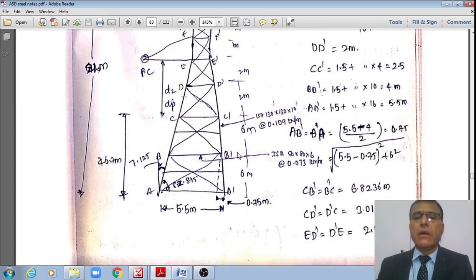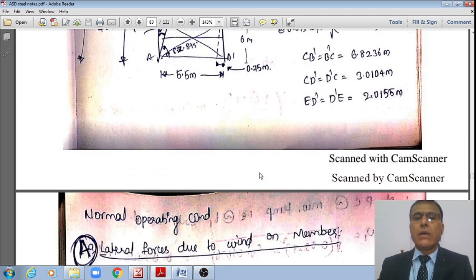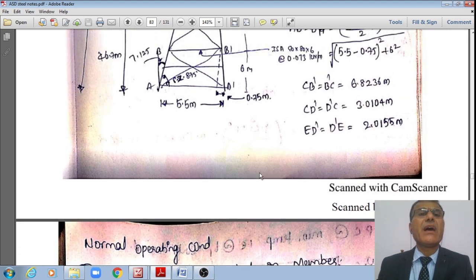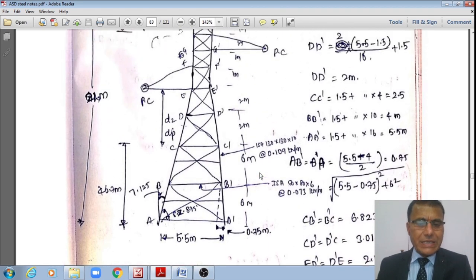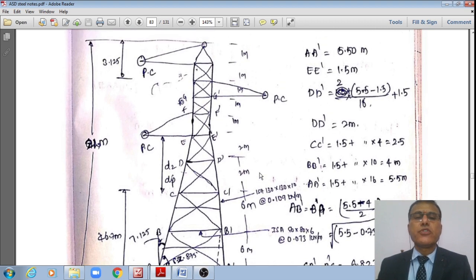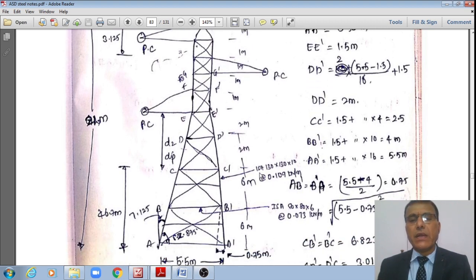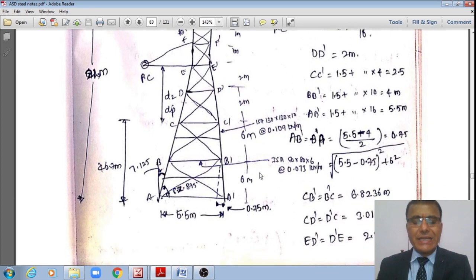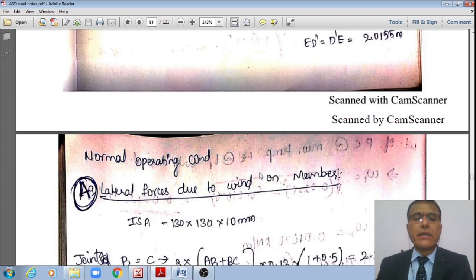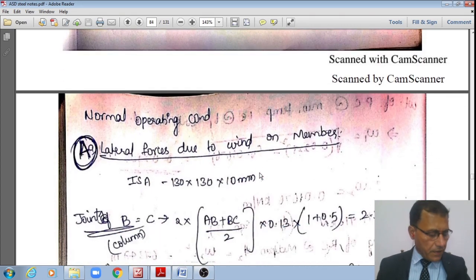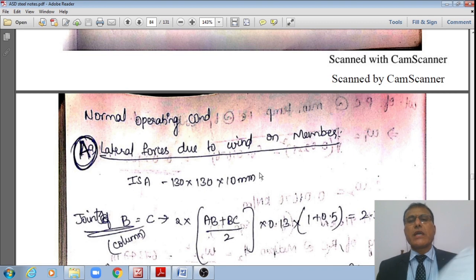That is how all the different lengths are calculated, and now once I calculate all these different lengths, and once I fix the geometry for the given data of this problem, student, in the next step I'll try to get the different forces, that is the continuation of this second problem.